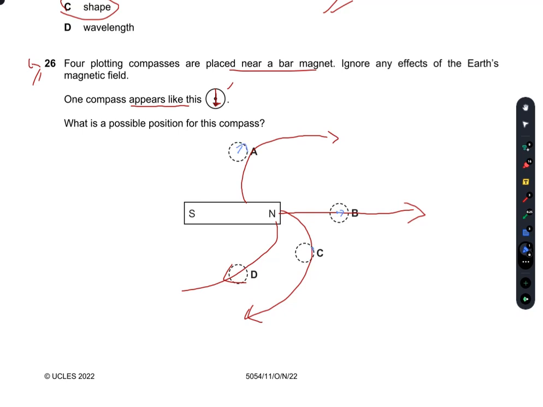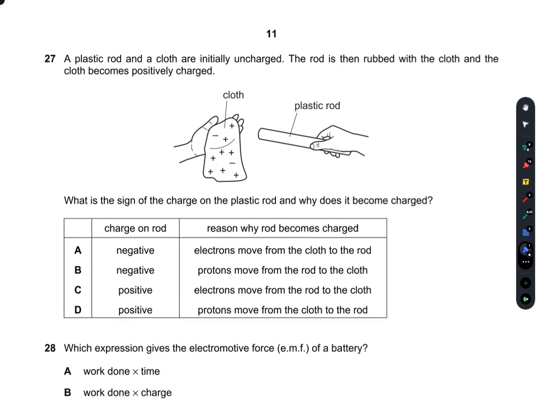In C, it would be downward, which we want as shown here. It would be downward. And in D, it would be something in the left direction. So in C, it is downward because the compass aligns in the direction of the magnetic field. So C is the right option.